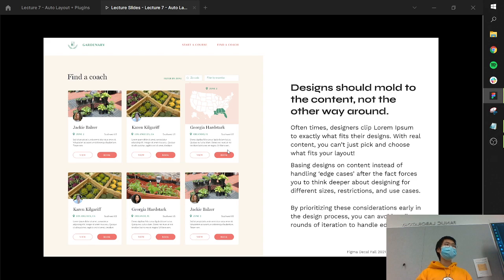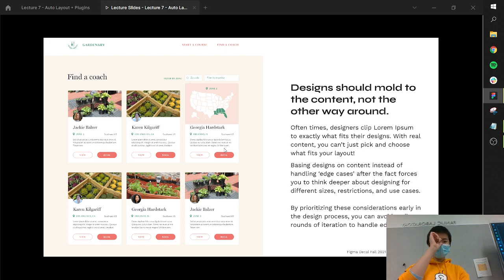But an issue with this is that because it's all gibberish, you can make it as short or as long as you want it to and have it feel good. The reality is that if you were doing this kind of listing that has all of these coaches, people are not actually going to all write nice 3-line descriptions. There's going to be people who write a sentence. There's going to be people who write an essay. And because you've clipped all of the lorem ipsum to look the way that you want it to, you're only going to see a version of your design that feels really good. You're not going to be able to stress test it. You're not going to be able to see what it's actually going to look like when you start using it